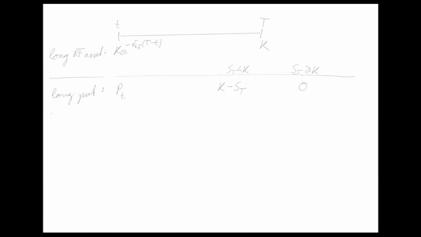In addition to that, we take a short position in a call option, and therefore we receive today C_t dollars, which we can subtract from the overall amount of money which we have to pay. And the short position in the call means that if the price of the underlying is less than K, then the long position will not exercise that call option, and therefore we do not have to deliver that underlying asset, and the payoff is zero. But if the price of the underlying asset is above K, then we know that the long position will exercise the call option, and therefore we have to deliver that underlying asset,